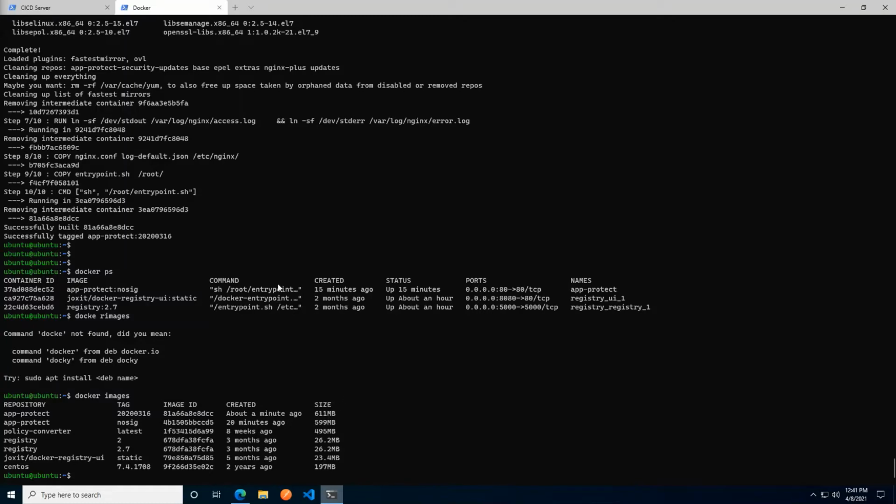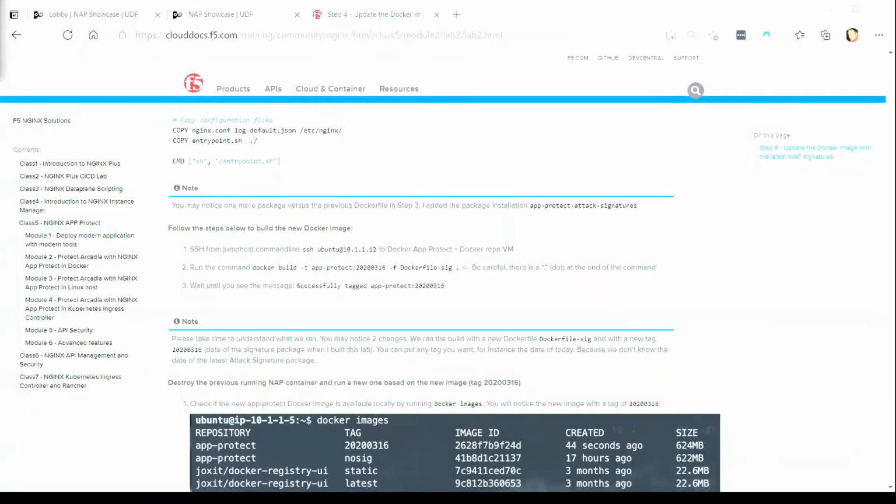So how do we then go about making sure that we're protected with our new container? Well, it's actually very simple. We can pop back into the lab guide so you can see it described as well. All we need to do is to purge the existing container that's protecting us right now and replace it with a new container based off of the image we just created. We've built it here.